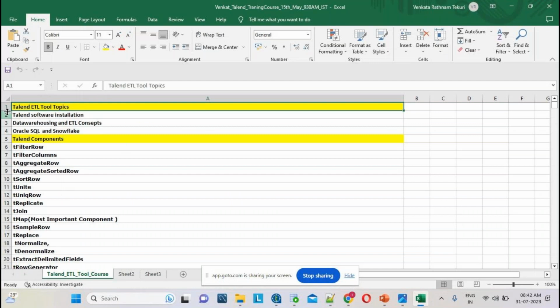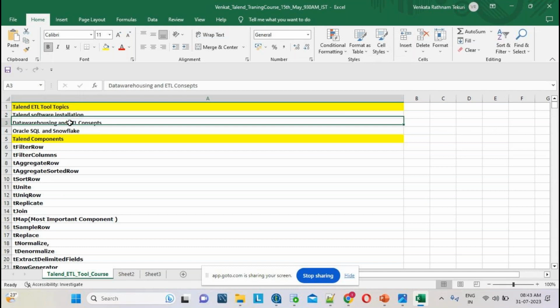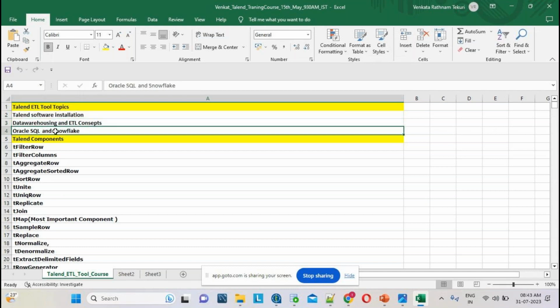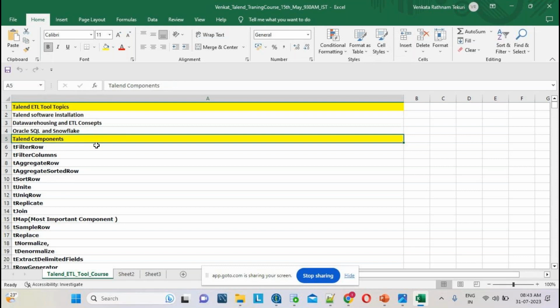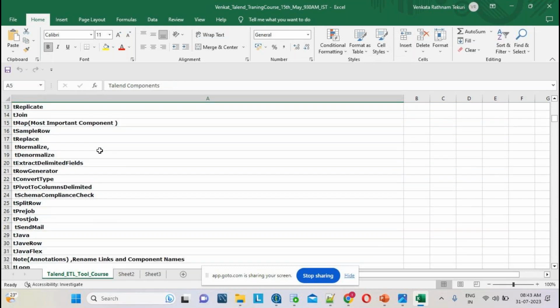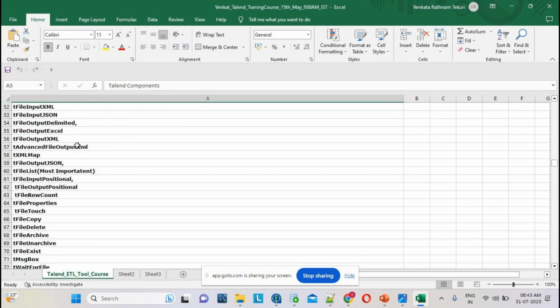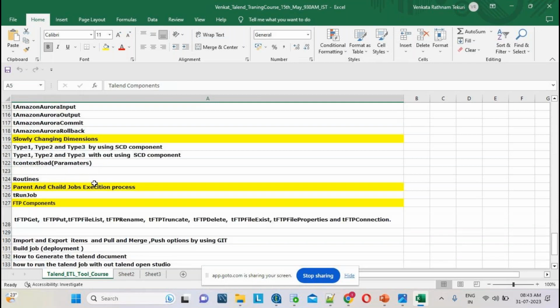I will provide the Talend software, which you can download from the website. Data warehousing and ETL concepts, Oracle and basic Snowflake we will cover. How to connect to Snowflake we will teach here. Along with Talend, there are multiple components, and we will explain all of them.